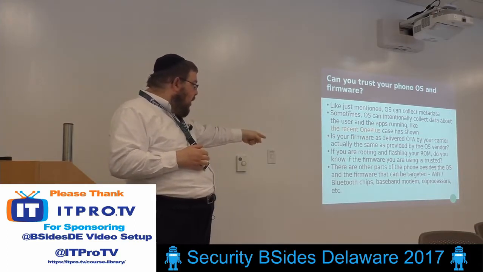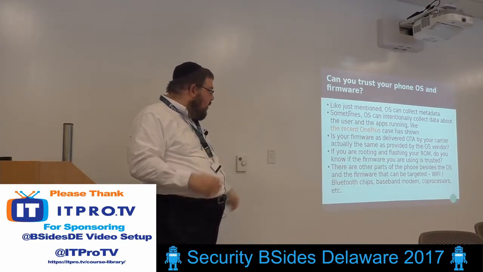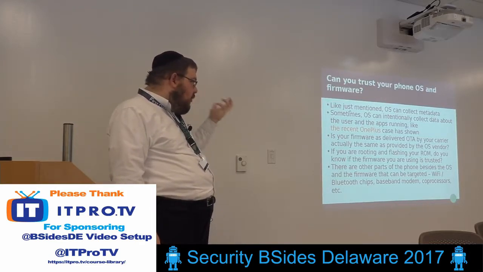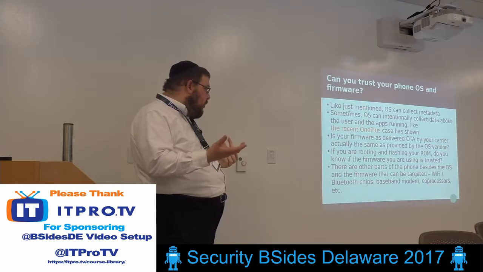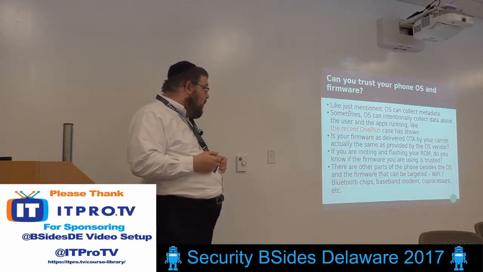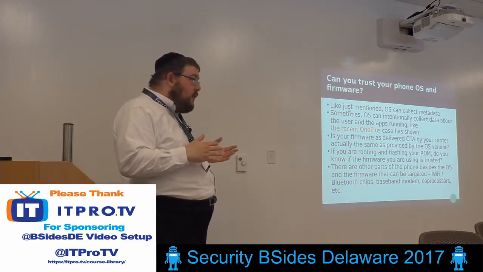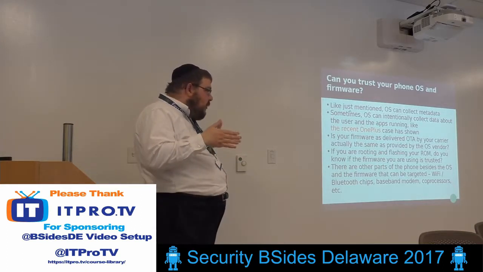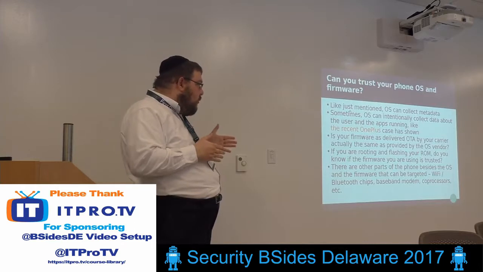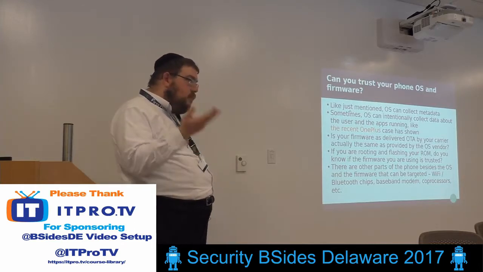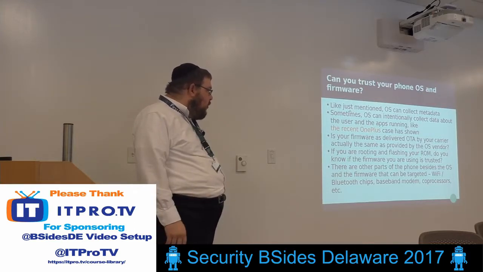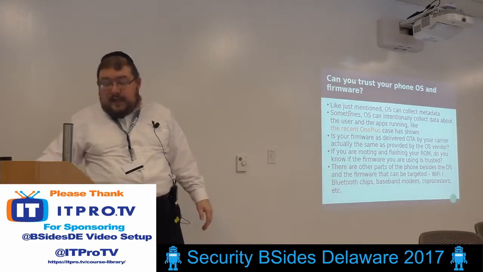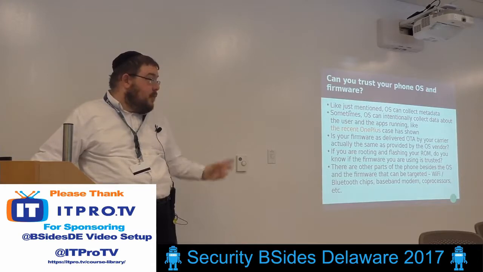Last piece, there's been a lot of research recently. Your phone has more than one operating system. You've got your OS, but you've got your Wi-Fi and Bluetooth chip that has its own code. You've got the baseband modem, which is totally separate. You've got coprocessors. A lot of code running on your phone, and we don't actually know what's in it. Every once in a while, somebody breaks into one, like the Broadcom Bluetooth one that was recently broken. But most people don't possess the skills to do that, and that's an issue. That's why the Blackphone exists, which is supposed to be a more secure